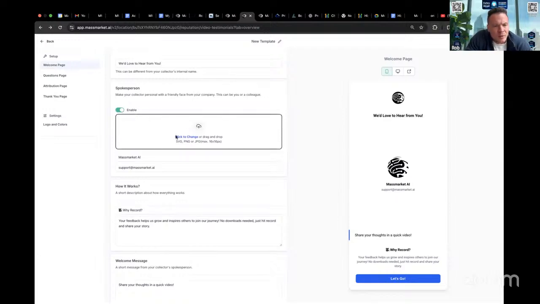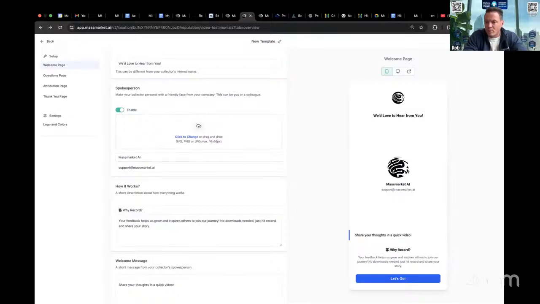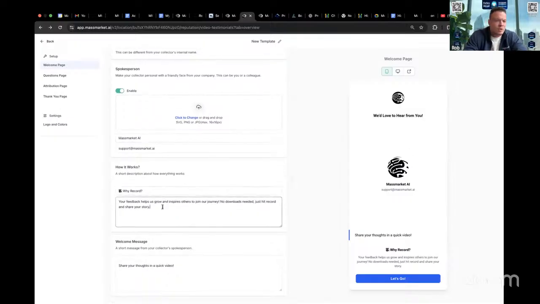And I'm not going to spend time pulling that image out of my phone to use here either, because I want to get through the functionality. But you guys can add a video image there that'll show up right here. You can give a prompt for them to record. You can even say,